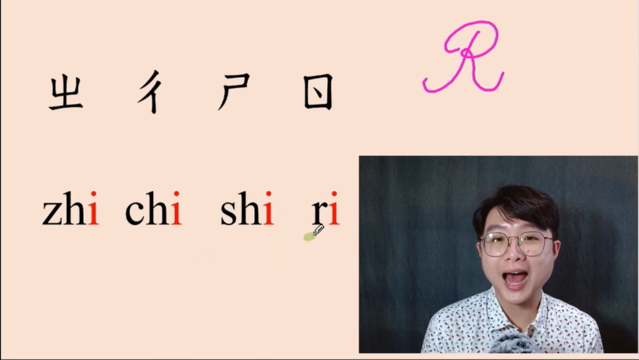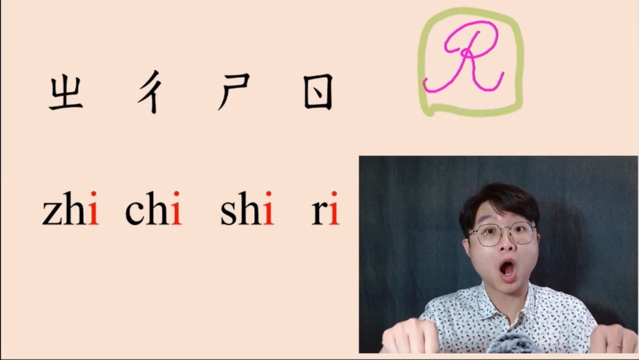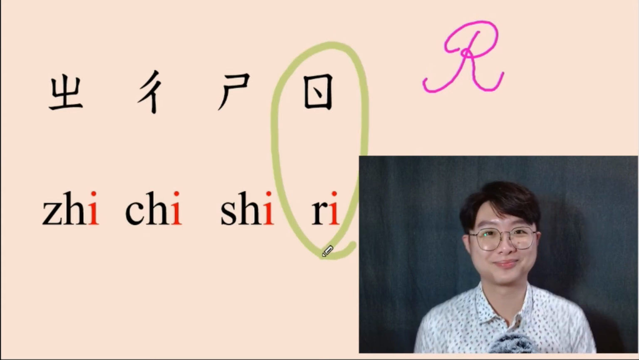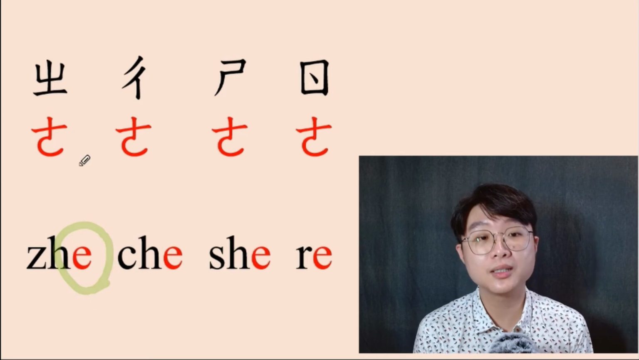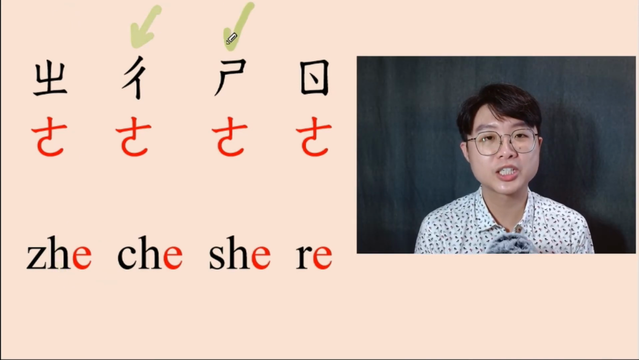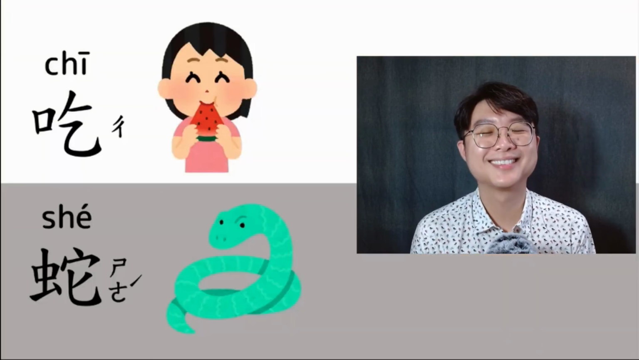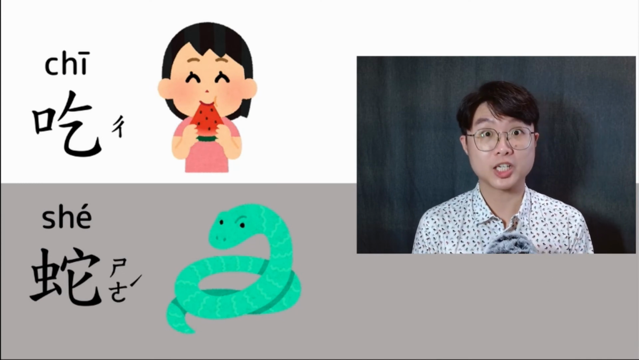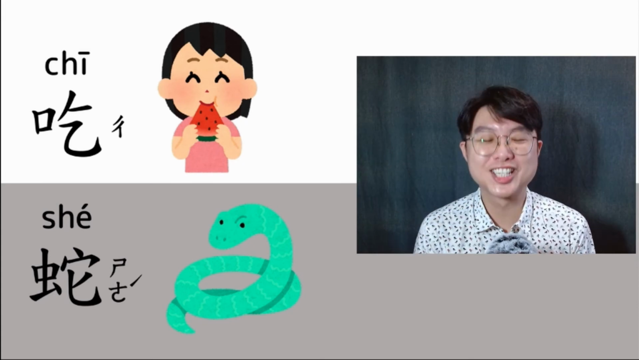And the R-I, yes, let's do R first. And think about motorcycle. R. You have R-I. When zhi, chi, shi, ri go with e, it sounds like zhe, che, she, re. Example. Chi. You eat something. Chi. And a snake. 蛇